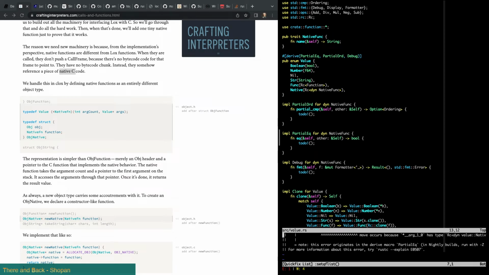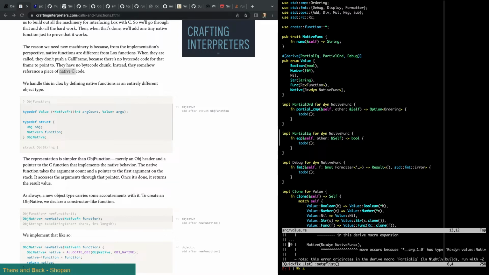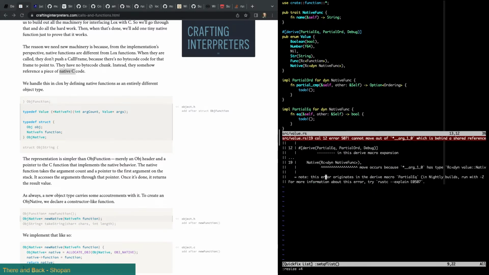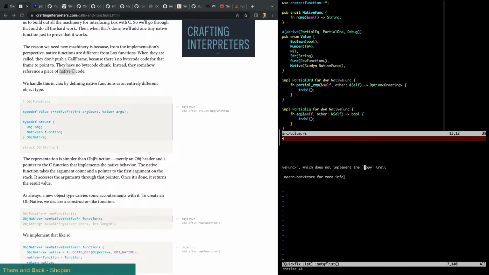So after all that, we learned that, yes, this is true. Even implementing partial equal and partial ORD for dynamic native func, we can't derive partial equal for the RC version of it because it has to do a move in whatever the macro is. It does not implement the copy trait.